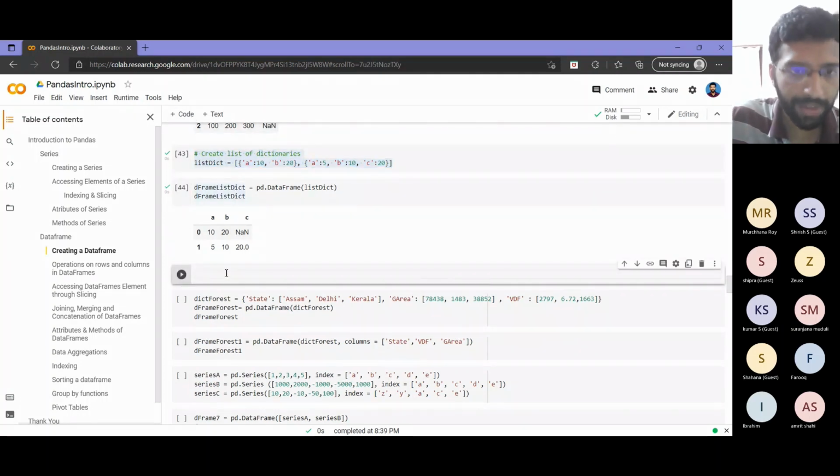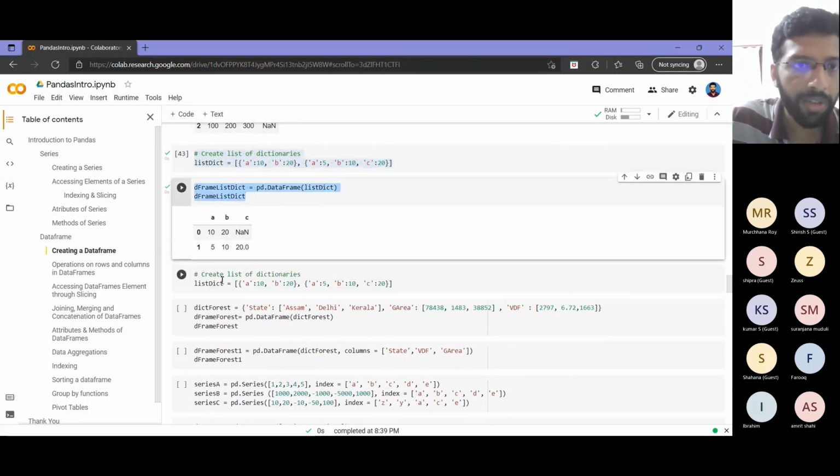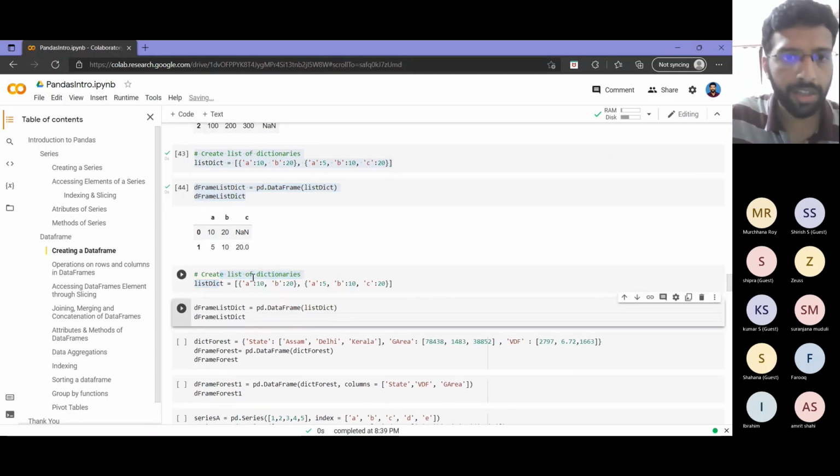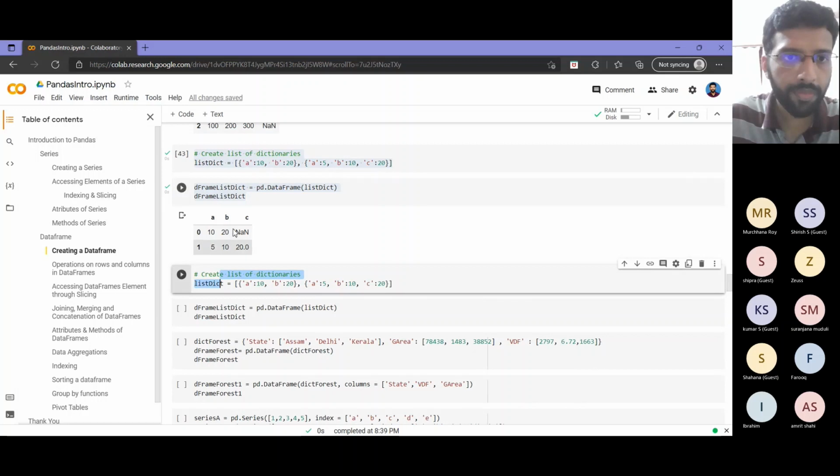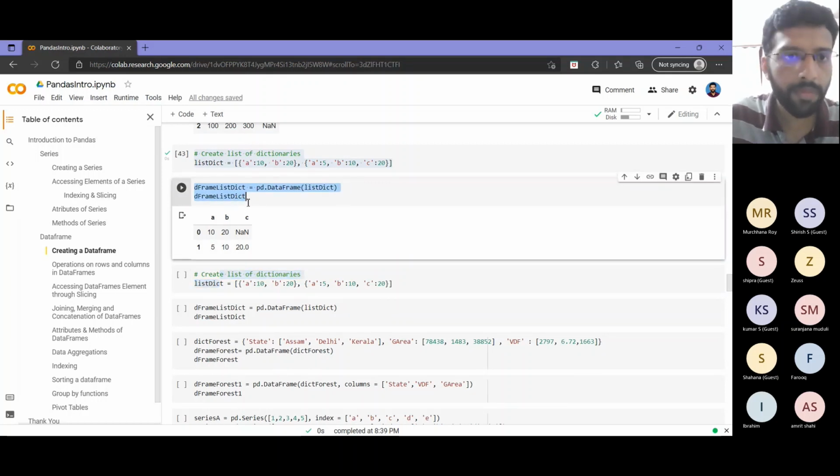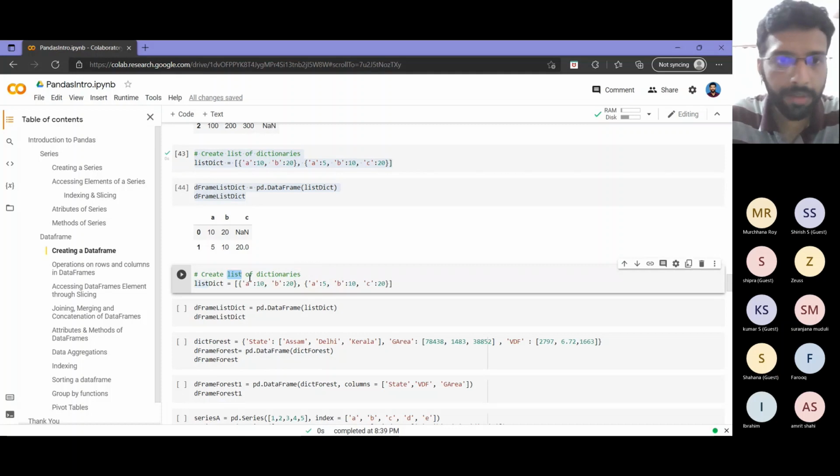Instead of a list of dictionaries, I will make a dictionary of lists. My first key I will put as A, and in that I will fill values. You just compare with whatever we got earlier. I will put values 10 and 5. Corresponding to key B, I will put values 20 and 10.